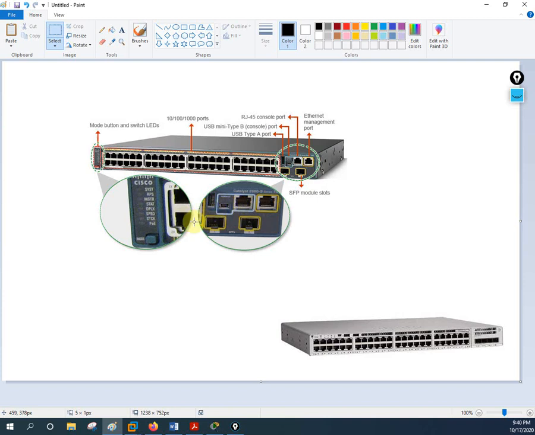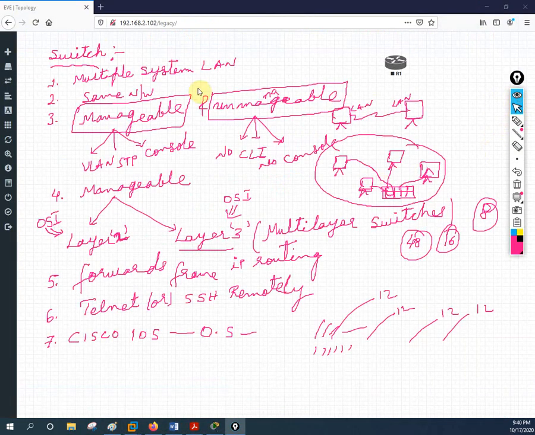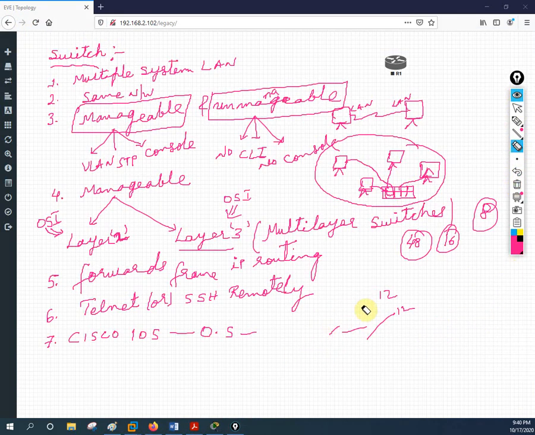Okay, so this is the basics about the switch, and the switch has an operating system, as we said, IOS. IOS is nothing but Internetwork Operating System. So that is the basic. What else can we discuss? Let me erase this so we can utilize the space. This is a basic video, and we are going in a simple and basic way. So we will see what else we can do with the switch in the operating system.